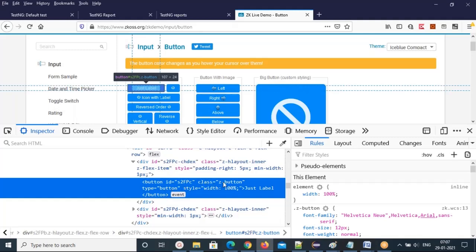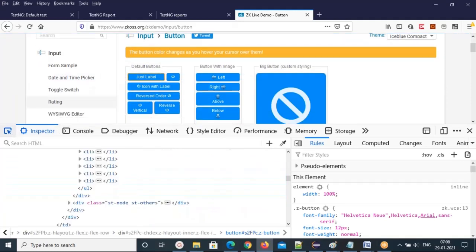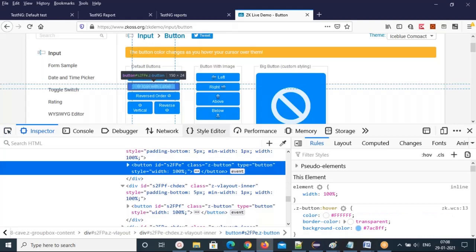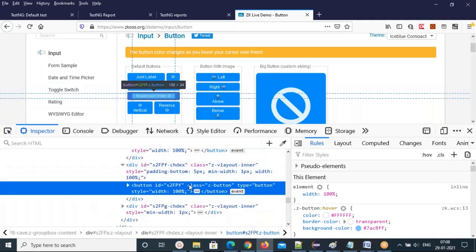So let's see the class z-button. With the class we have a class name locator, right? So we might use this. Let's see the second button, other buttons, whether the same class is there or not. We'll check. And see that the second button also has the same class value z-button. Third button, check the third button. So the third button also has the same class value z-button.